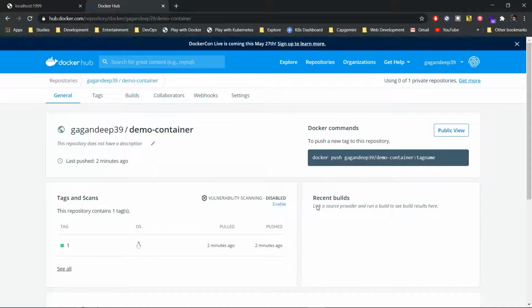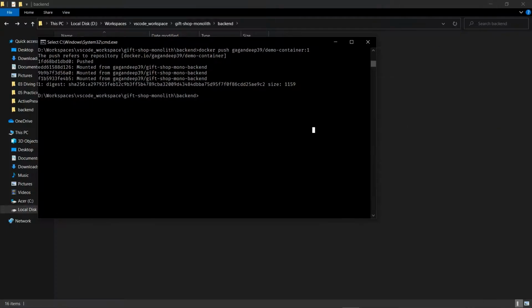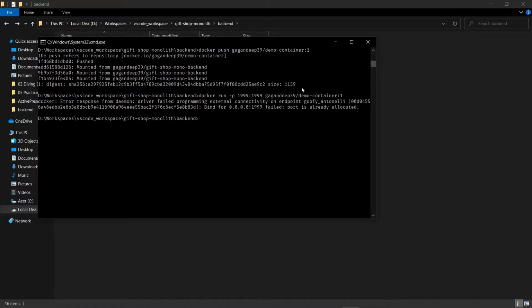Now I can directly try running this Docker image in my device. The command will be docker run -p, the port number in which I have to run this application, and then the port number in which this application is running in the container. I will let both of them be the same, and I will copy this name of the image, enter. This may take few minutes to start. Okay, so this port has already been used.